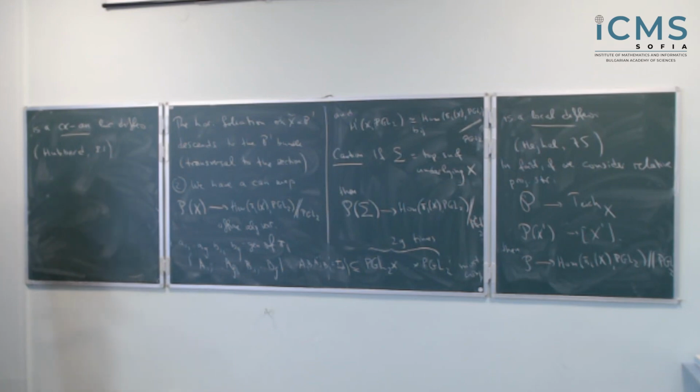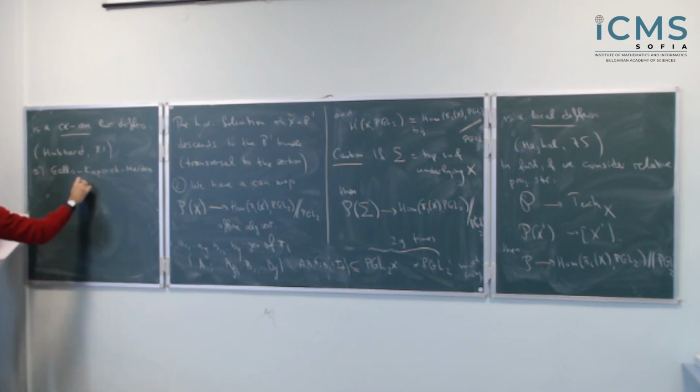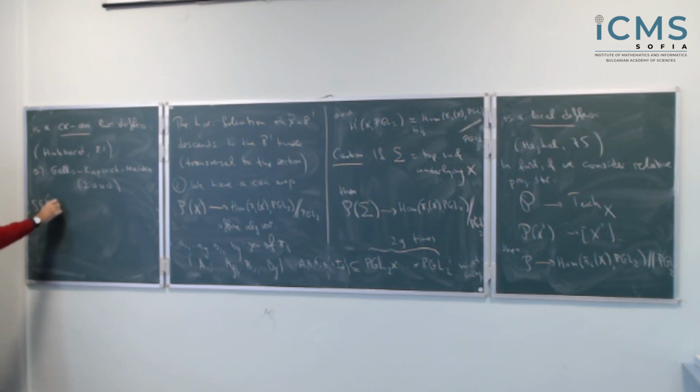So the final thing I write is the answer to another question that appeared last time. Final result: we have the theorem of Gallo, Kapovich, Marden from the year 2000, which determines exactly which representations arise as monodromies of projective structures. So they say that a representation, an element in Hom(pi1 sigma, PGO2), is the monodromy of a projective structure